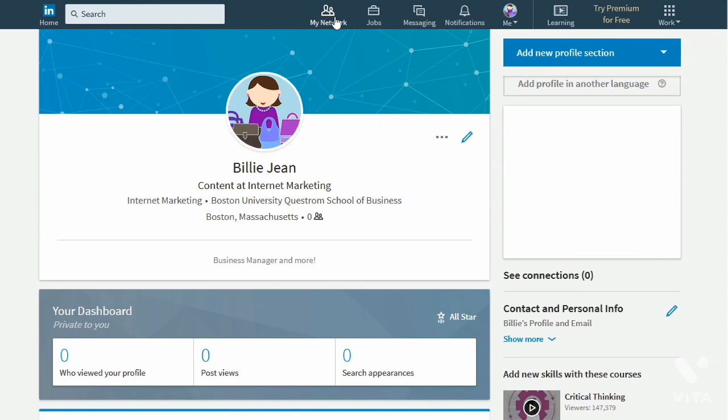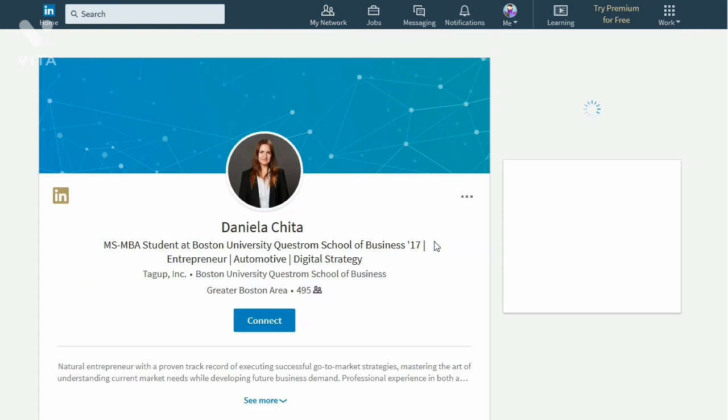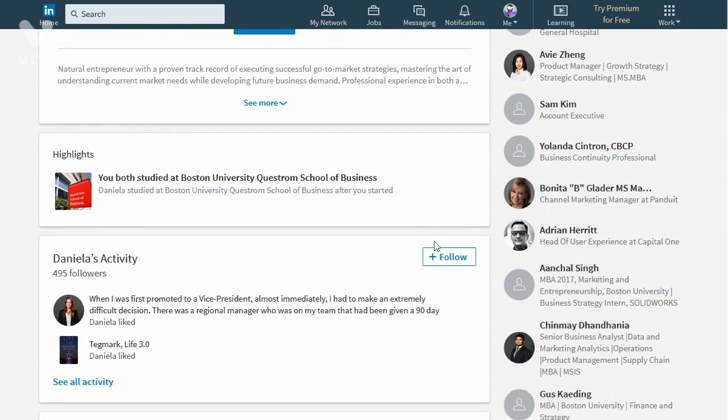To do so, you need to look up on your contacts and LinkedIn's newsfeed. Click on My Network. In this page, LinkedIn summarizes the list of people you may know, according to your background information. You will notice how there are people who might have gone to the same school as you. To view them, simply click on their profile. Keep in mind that the person will be notified that you are viewing and following them in LinkedIn.